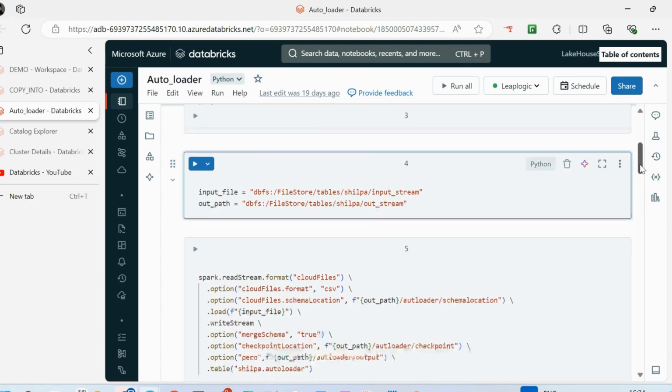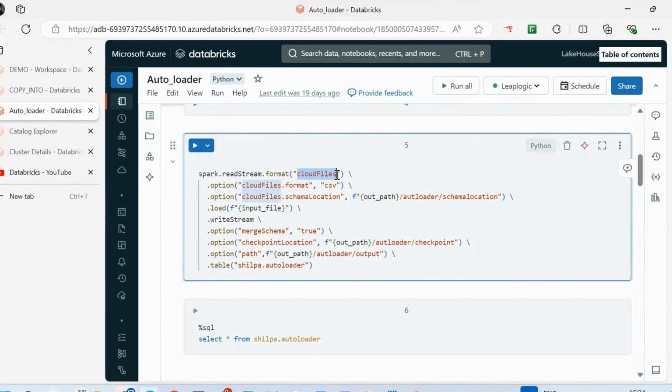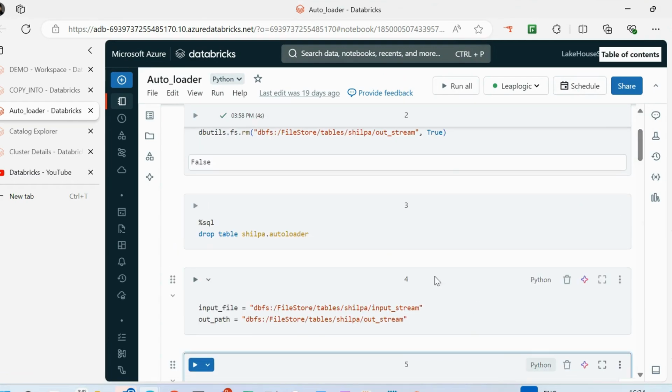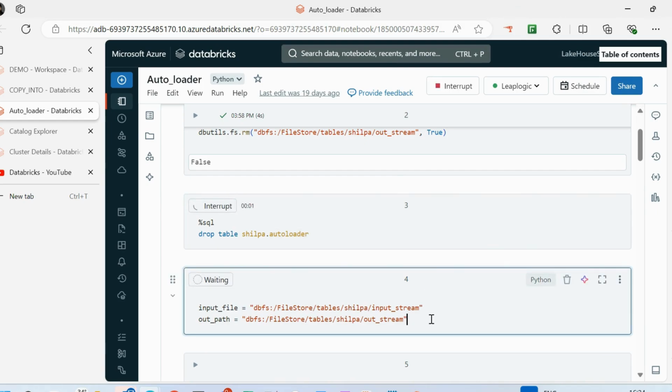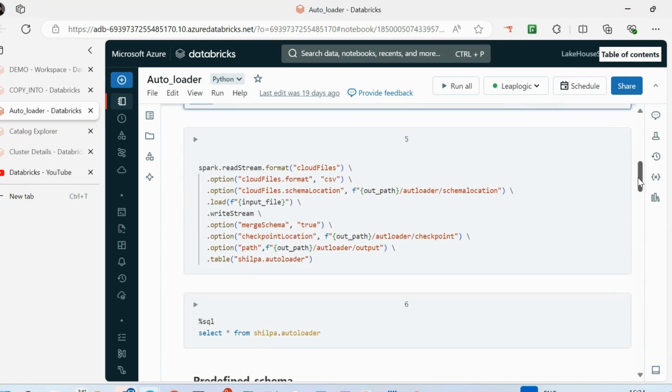I've done some cleanup, and right now, if you see on the left side, you have this cloudFiles, in which we are using the Autoloader. As soon as we see cloudFiles, it means that we are using the Autoloader option. Let me just run this command in order to run the next command cells. Okay, this is already not there, fine.